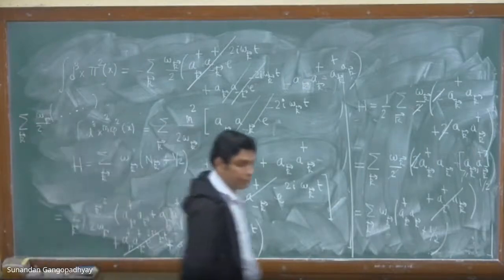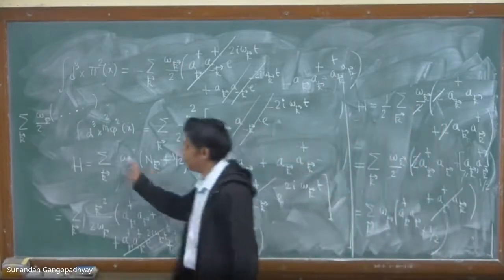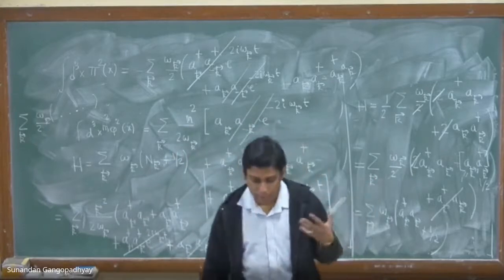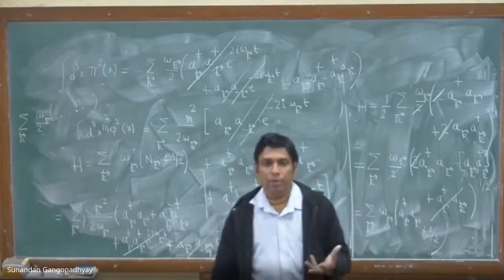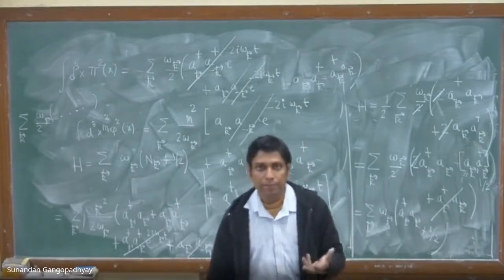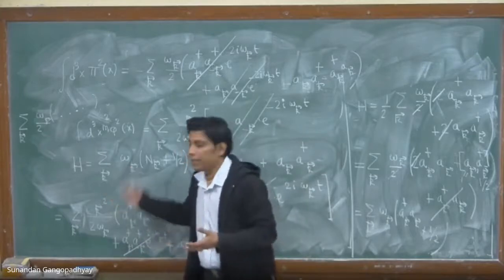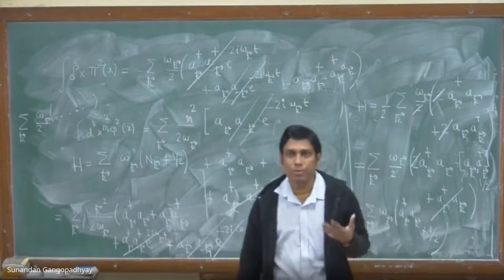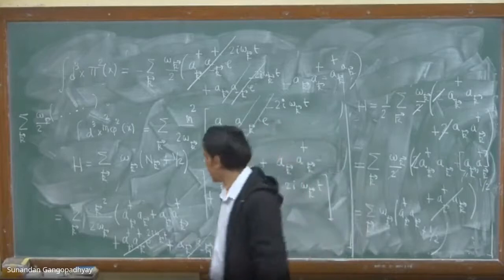So let us interpret this result that we have got. What is omega k? Omega k is basically nothing but the energy that you can have when a particle has momentum k vector, has 3-momentum k. So if the particle has 3-momentum k, then the energy of that particle is omega k, which is given by square root of k vector square plus m square. I'm assuming that the particle has some rest mass m.